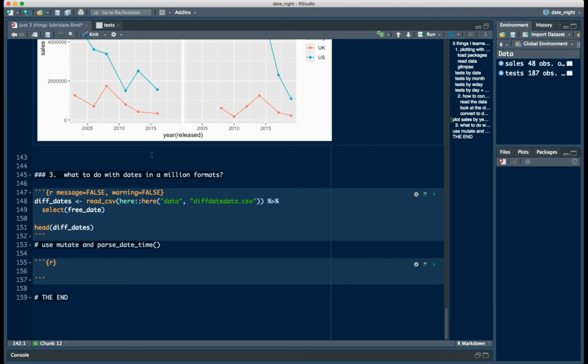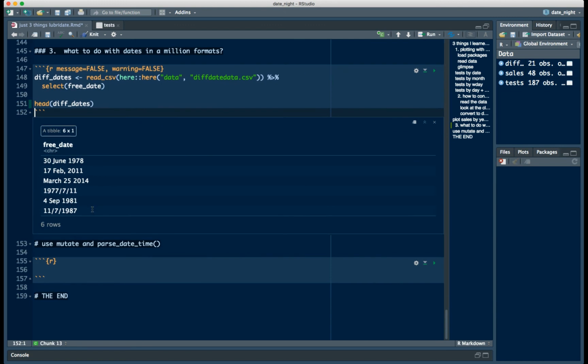The free dates in that data set are a real problem. So here I'm reading in the difficult date data CSV and selecting just the free entry dates. If we run this and look at the top few, you can see that there's lots of variability in how people enter their dates. What do we do when we end up with dates that are in all of these different formats? Well, in reality, there are actually only 3 formats. And there is a function in